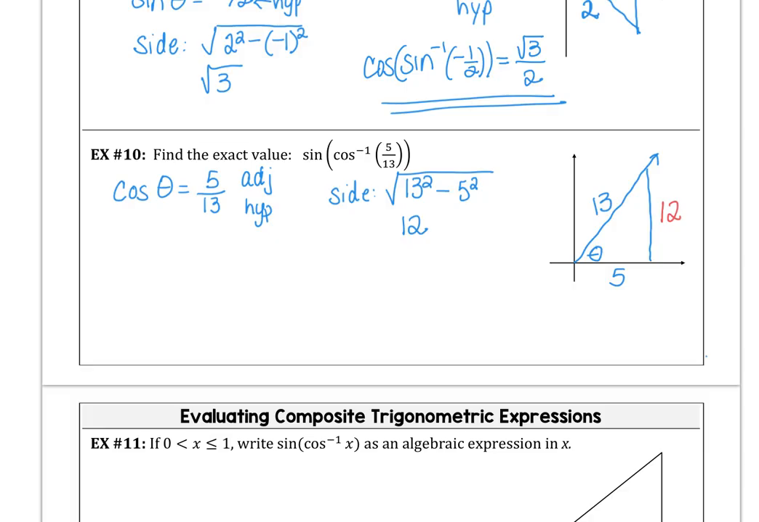We know this is a right triangle, and we're looking for the sine of the angle, right? The sine of the missing angle is the side opposite length divided by the length of the hypotenuse. So the opposite over hypotenuse is our answer to that composite trig expression. Example 11,